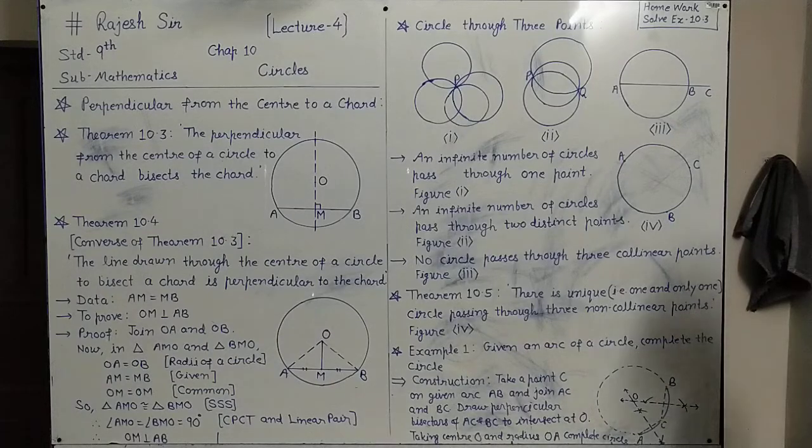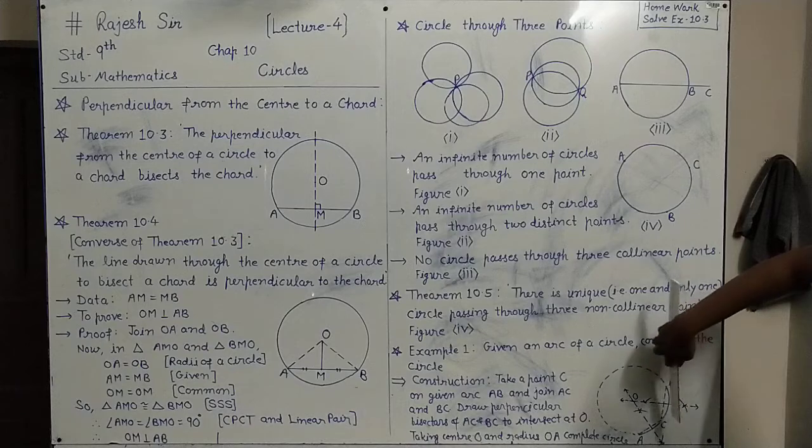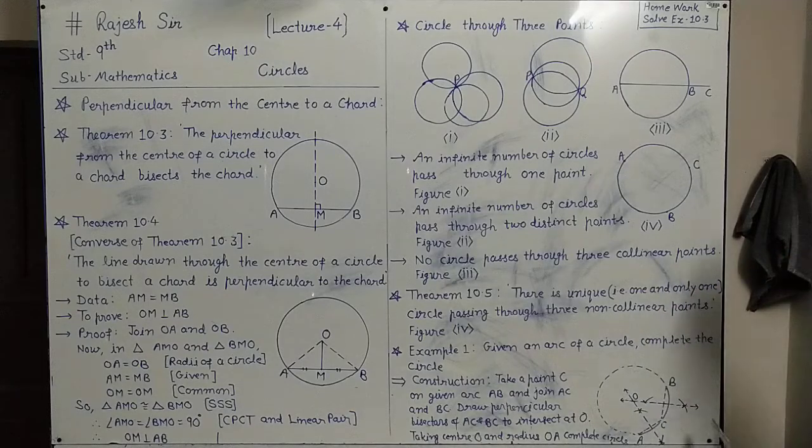Then, in a similar way, we have to draw the perpendicular bisector of BC. Again, take the center as C and a radius of more than half the length of BC. On both sides of BC, here and here, draw arcs using the compass. With the same radius, take the center as B and intersect the previously drawn arcs on both sides. Now join these two intersection points and draw a line. This is the perpendicular bisector of BC.